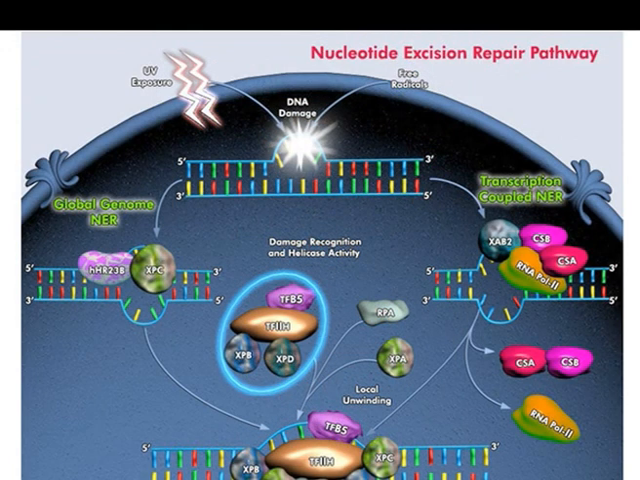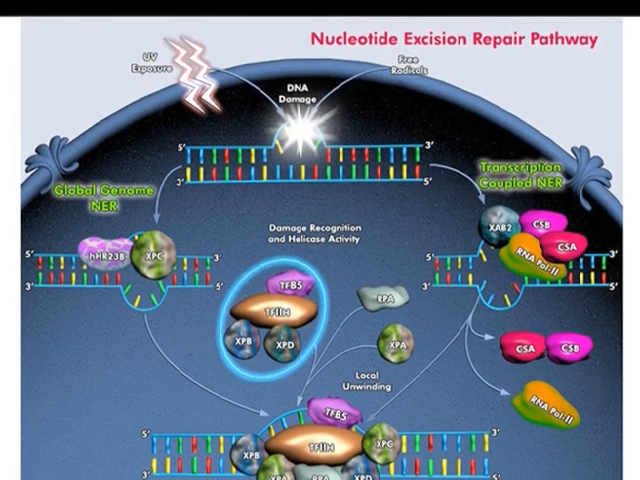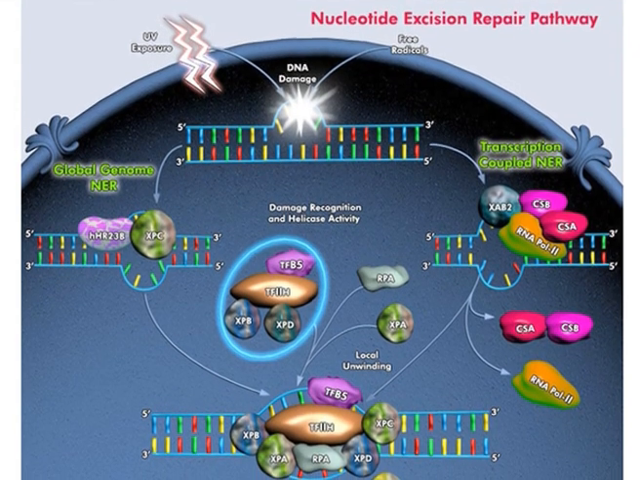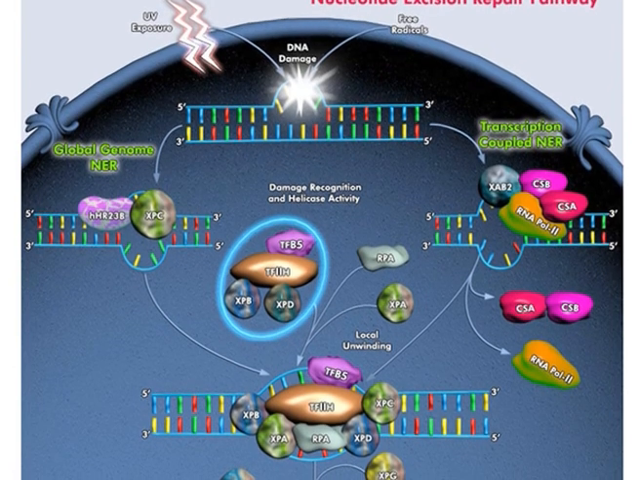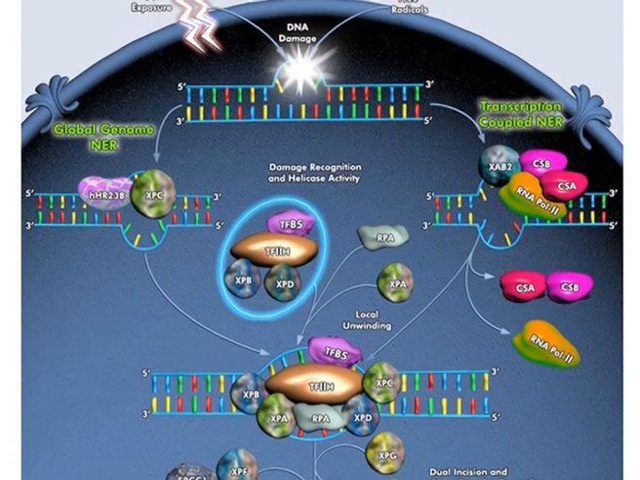In GG-NER, the XPC, or Xeroderma pigmentosum complementation group C protein complex, is responsible for the initial detection of damaged DNA. Conversely, damage recognition during TC-NER does not require XPC, but occurs when the transcription machinery is stalled at the site